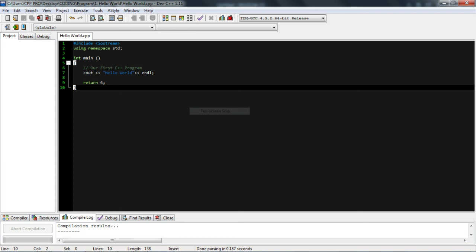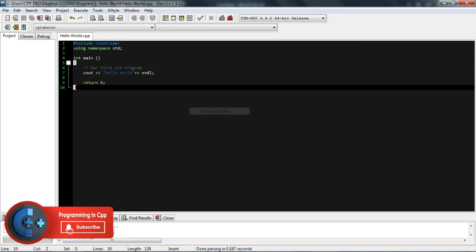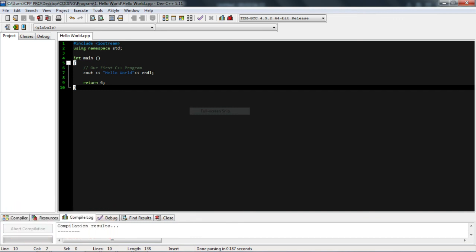So in the following lecture we are going to first take a look at the C++ header files, headers. So stick around, I will show you how